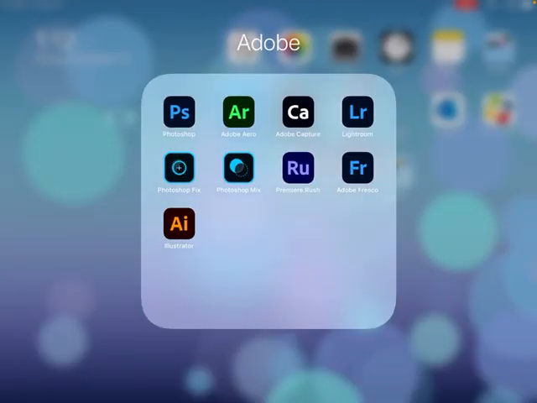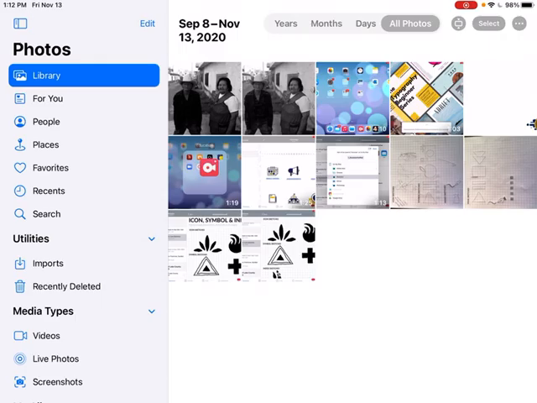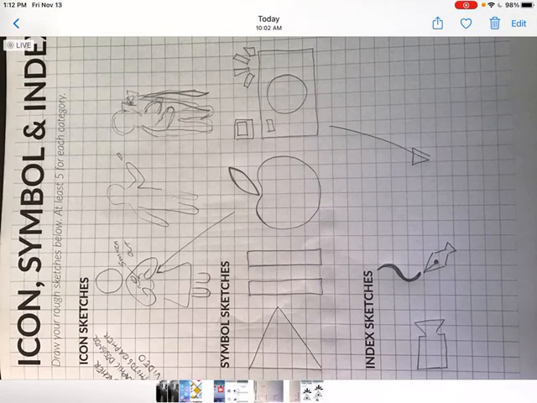Here, I can show you. When I took pictures of my sketches, this was my first one, and I was like, what am I? I'm a teacher, I'm a graphic designer, I'm a photographer, I'm a videographer, I'm a mom, I'm an organizer, and I was like, oh, icons of me doing these things. Then I thought about symbols that I thought represented the kind of things that I did, and I really liked the